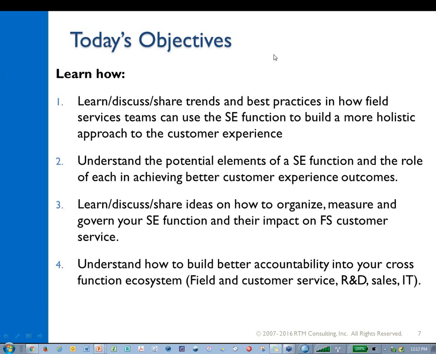A third is how to share ideas on how to organize, measure, and govern the SC function and their impact on customer service. And then last is how do you build better accountability